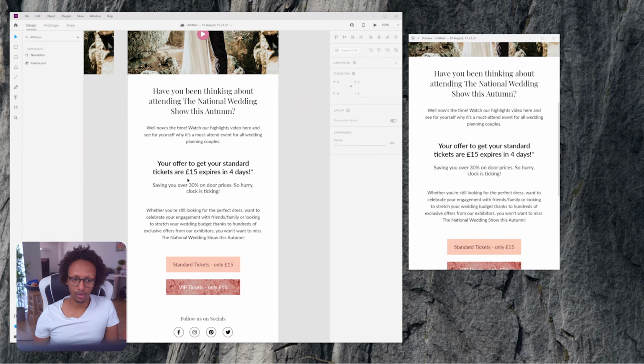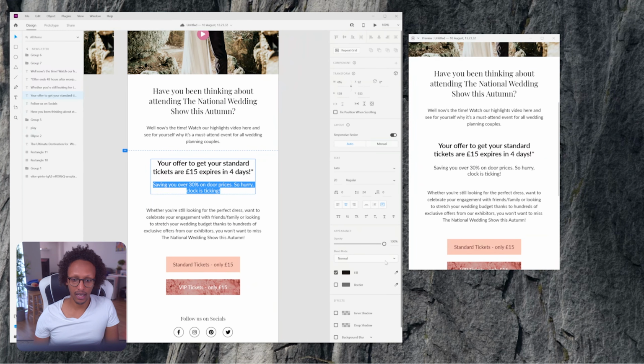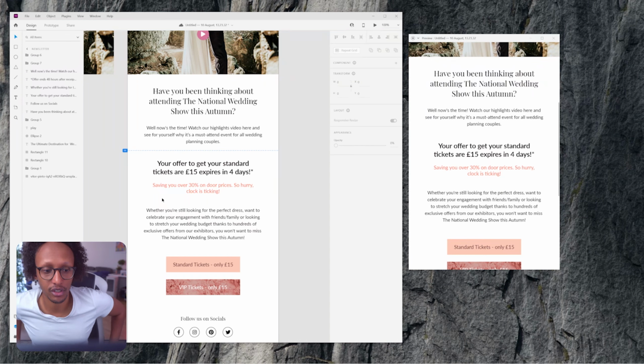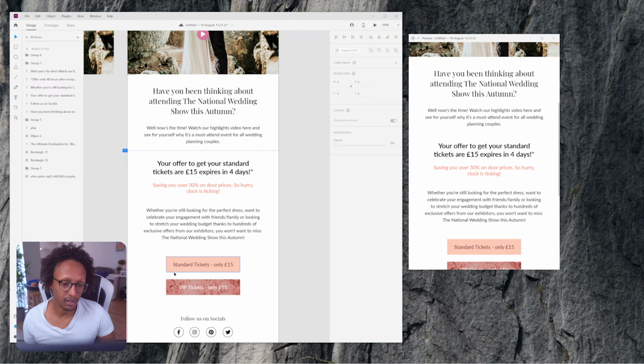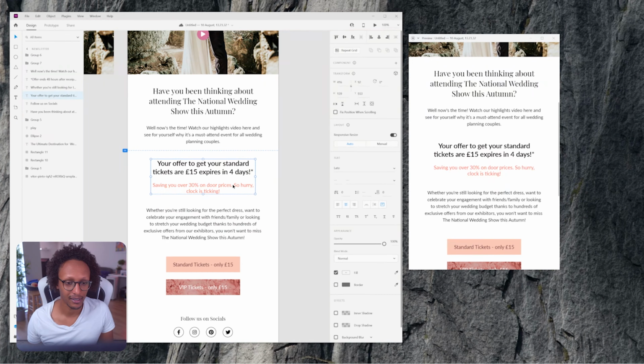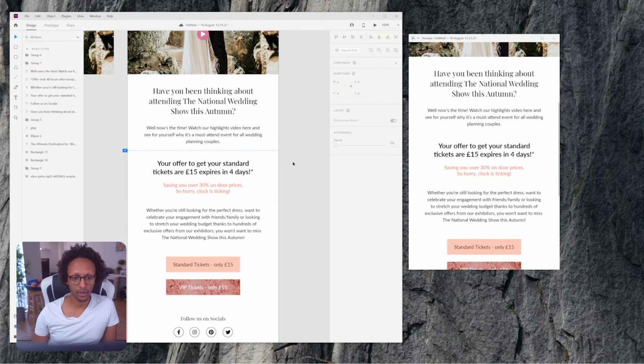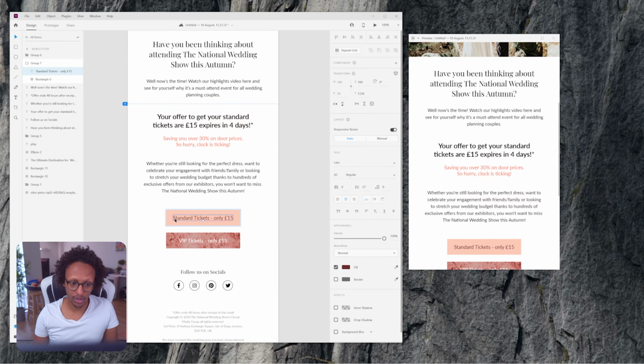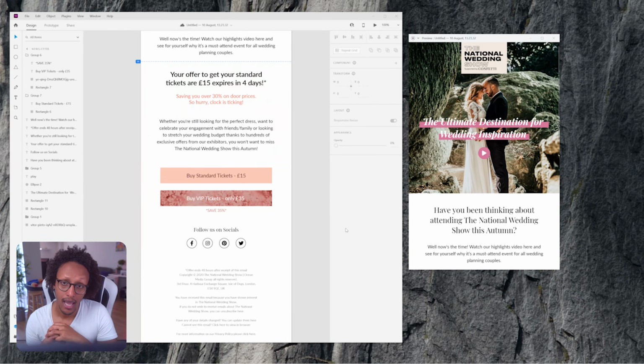So what I might do is, since this text now is a selling text, I might change that. So it's kind of an urgency text, right? Now obviously urgency texts are very very risky. Just put that on the other line. Okay, so you've got your text there, the save you 30%, it's there, the last bit of text, the standard ticket. Now, essentially, you would want to say,